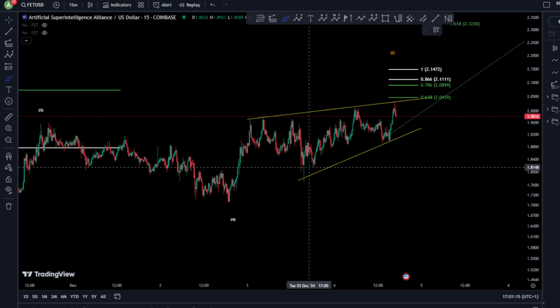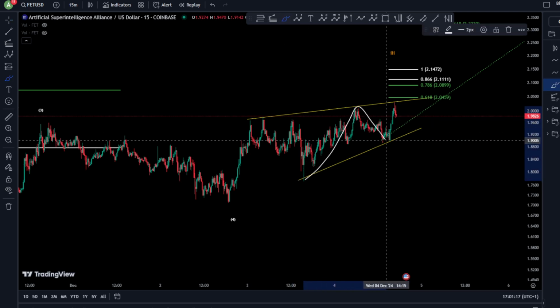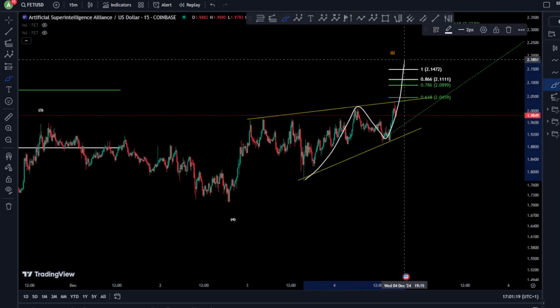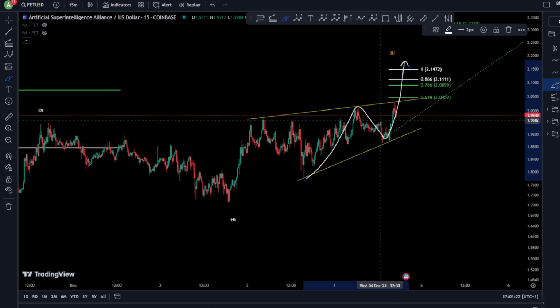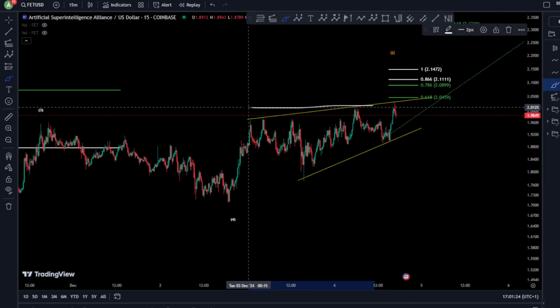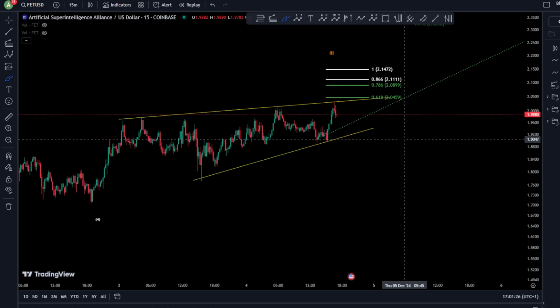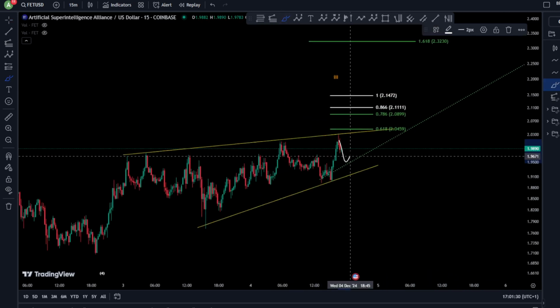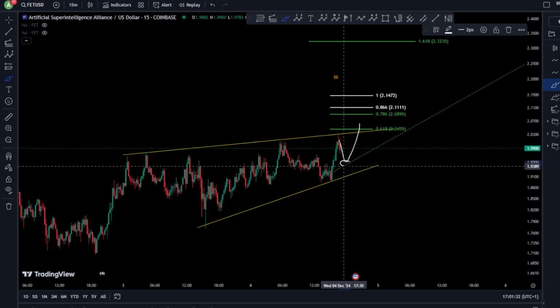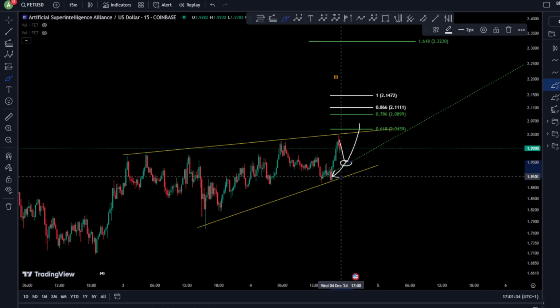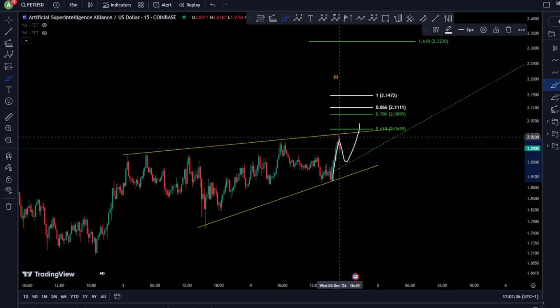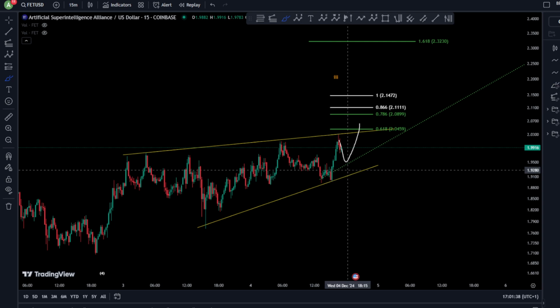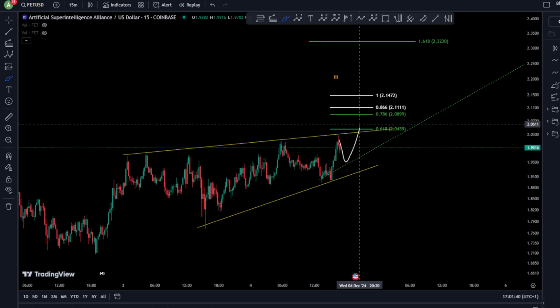And in that case, of course, we can consider this as a 1-2 in an expanding diagonal, and then, of course, a boom towards the upside. So, yeah, still not very clear. To get a much clearer view, you would like to see higher prices, of course, without reaching the low. This is the first thing, without reaching this low.